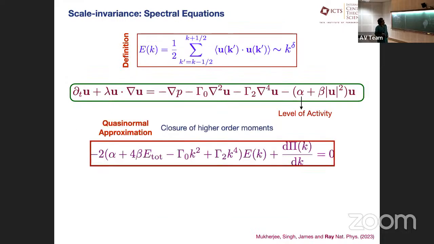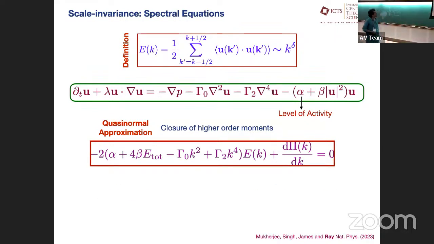Then what we can do, and this is a field theoretic technique that one can use, is essentially take the governing equations. This is a nonlinear equation, so it's not amenable to analytical solutions, but what we do is keep on multiplying these equations with u's and u's until we end up having four-u correlators, and then we use the standard Kraichnan-type approach, which is to break up four-point correlators into products of two-point correlators. That's essentially the closure model.